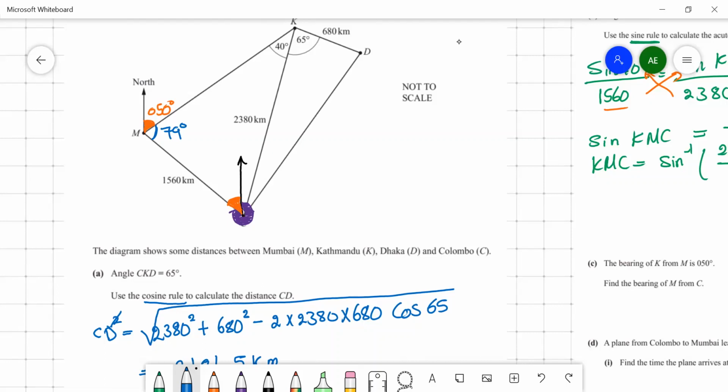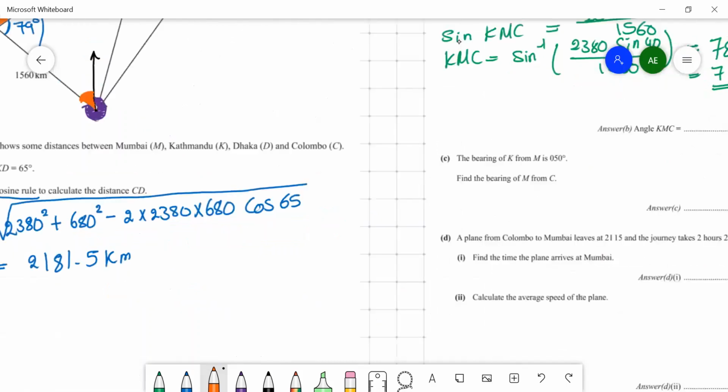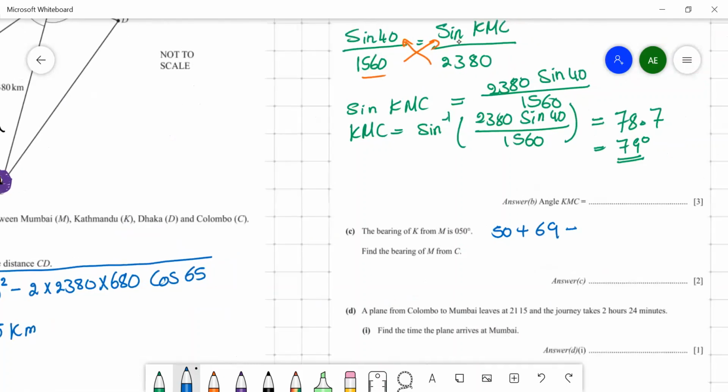If I add those two angles together, the big blue angle plus the small orange angle, they add up to 180 as co-interior angles. So let's say 50 plus 79,